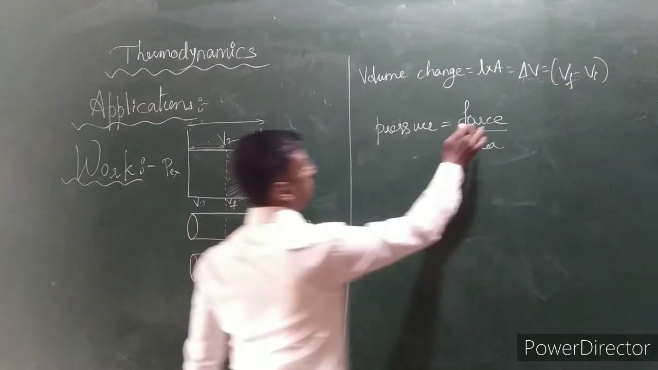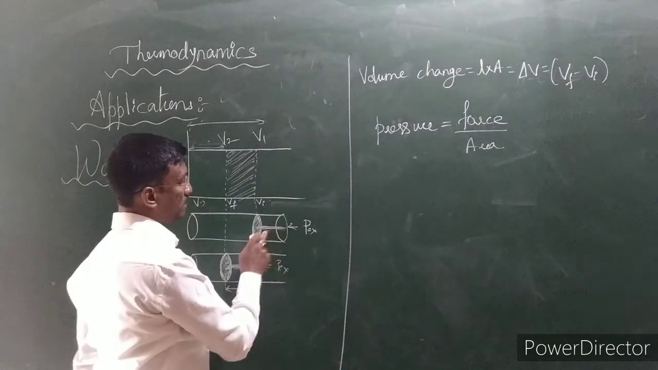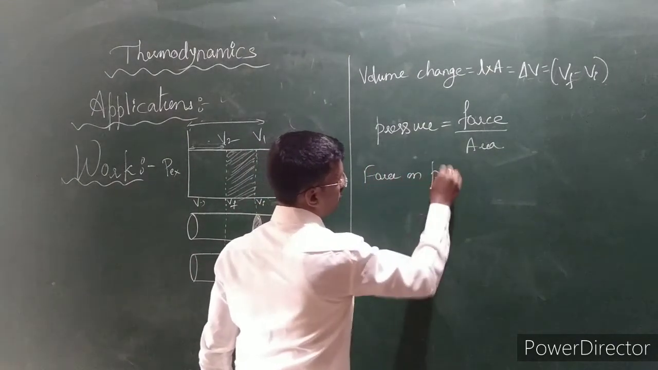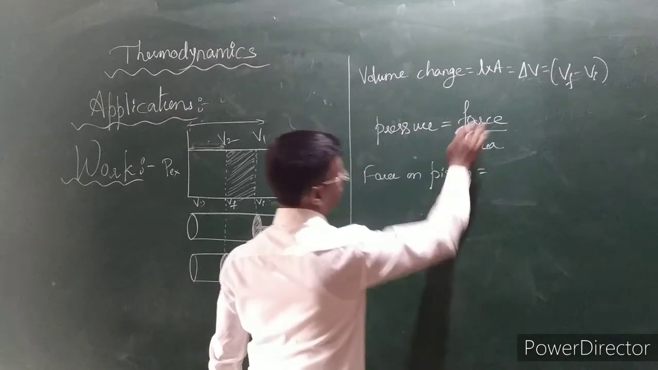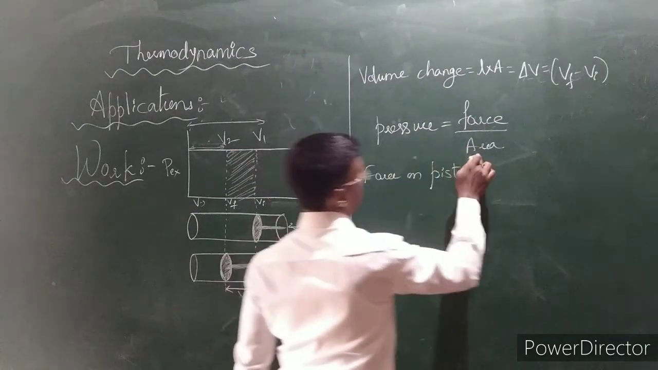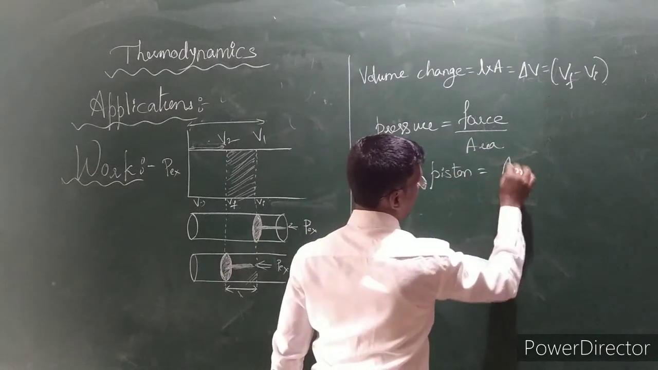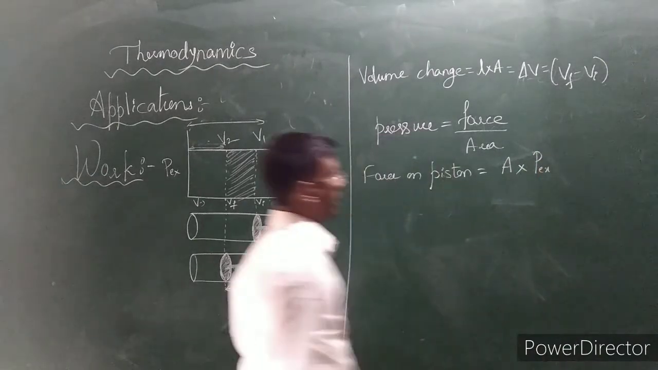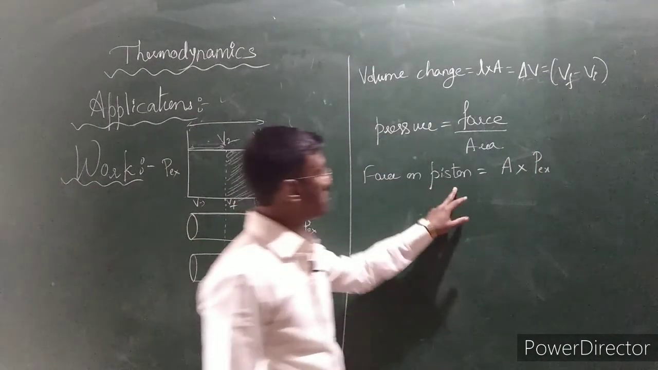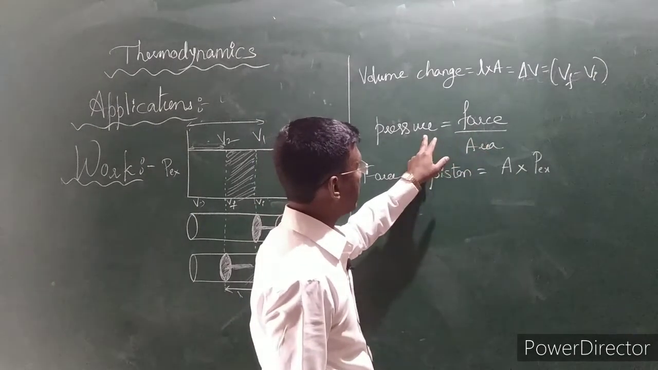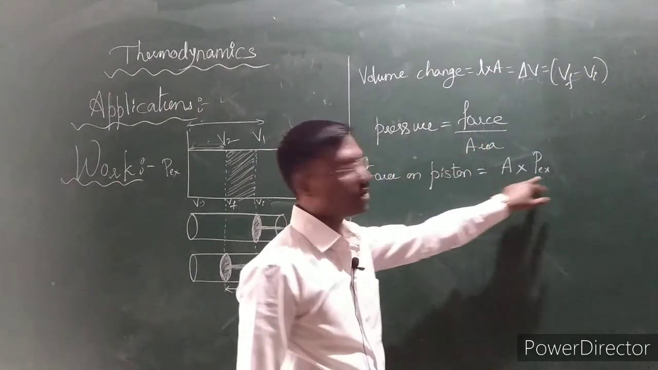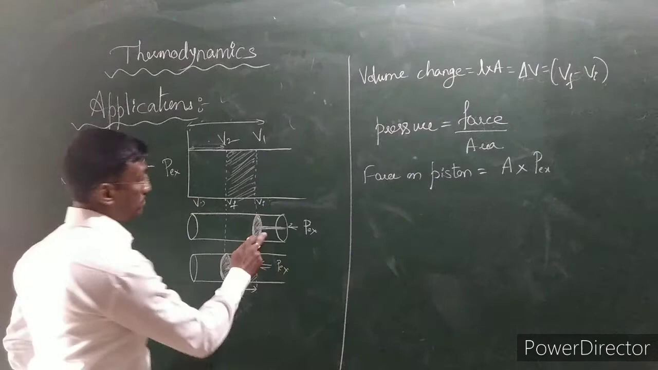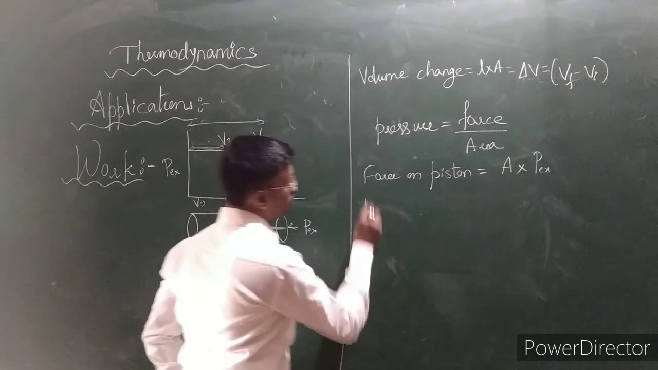Therefore, if we want to calculate the force applied by the piston, the force on the piston is equal to, sending this area to the other side, area into external pressure. Are you getting it? So force on the piston F is equal to area into external pressure. To calculate the work done by the piston on the system, we use the formula: